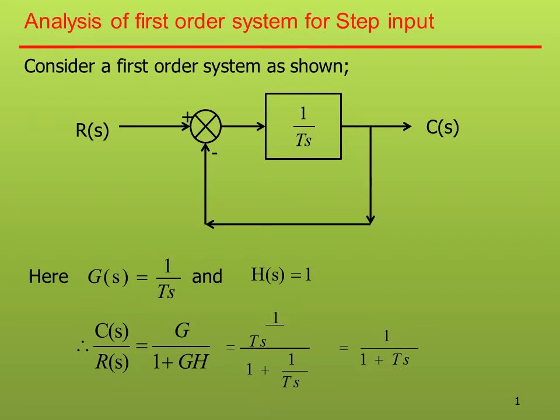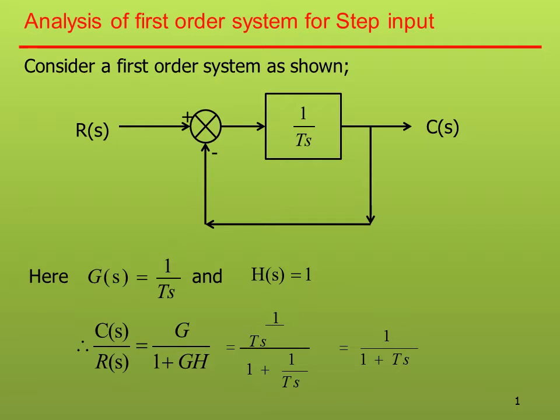Hello, welcome to the next video lecture of time domain stability analysis. In the last lecture, we have seen how to find poles, zeros, pole zero plot and characteristic equation from the given transfer function. In this lecture, we are going to see analysis of first order and second order system for step input. Recall that there are four types of input. The first is step input, second is ramp input, then parabolic input, and the last is impulse input.